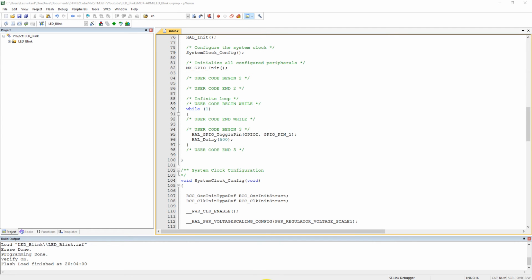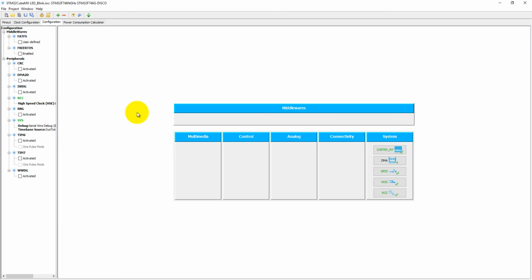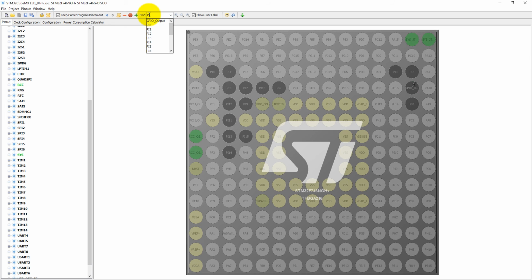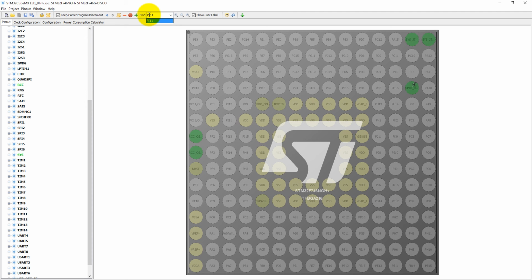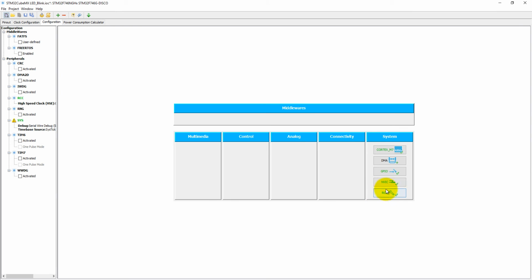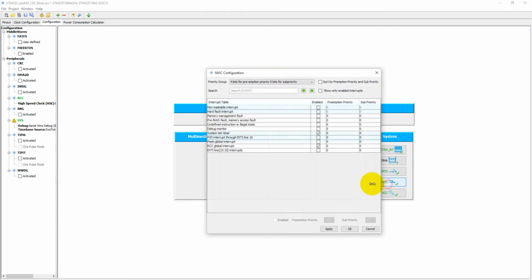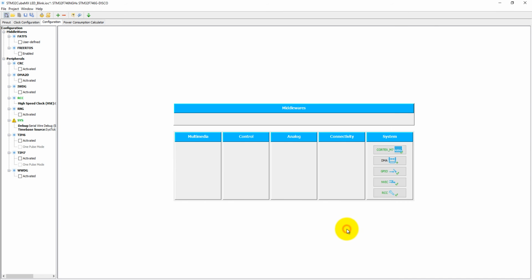Okay, so first of all we need to change our STM32CubeMX settings. Here in the pinout we have to find PI11. So for PI11 we need to set it as GPIO external interrupt. That's all we need to set here. Come to the configuration and into the GPIO. You see GPIO has been set to external interrupt. Come to the NVIC and click on OK here, and now the nested vector interrupt has been enabled.